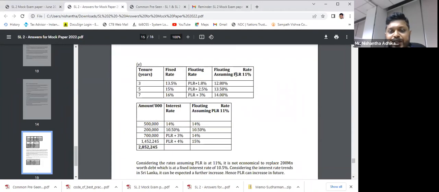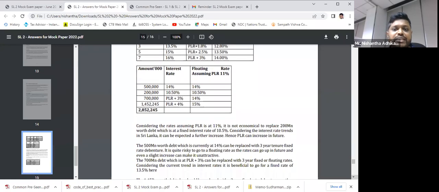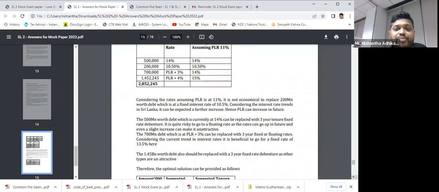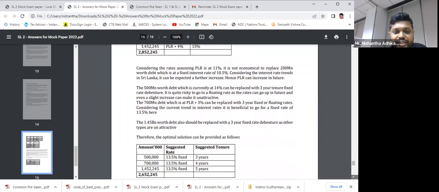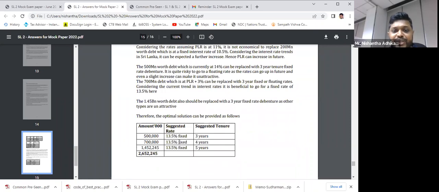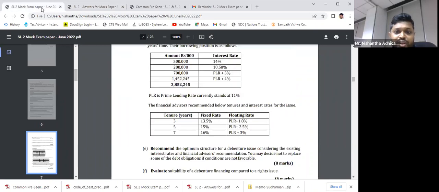You can see floating rate assuming PLR 11%, floating rate 14%, 500 here 10.5, and then you should not settle the 200 million facility. Right. You can suggest the tenor: 500 million 13.5 fixed, suggest a 3-year, 700 million 13 point fixed, go ahead. If you can fix it to the given period based on this scenario, if you can fix into 13.5 for